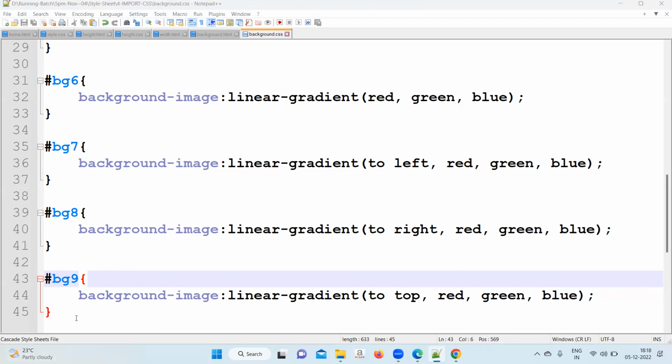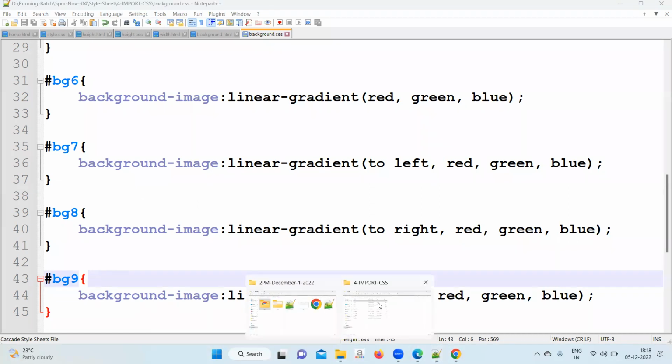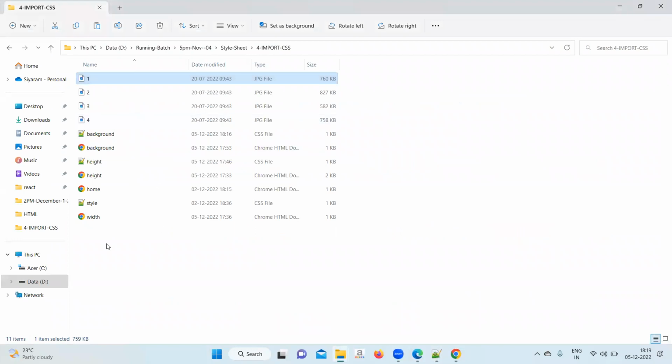Link we have already learned. Now we are learning import. Instead of import, you can use link also. You have both ideas. Link also you can use, import also we can use. So this method